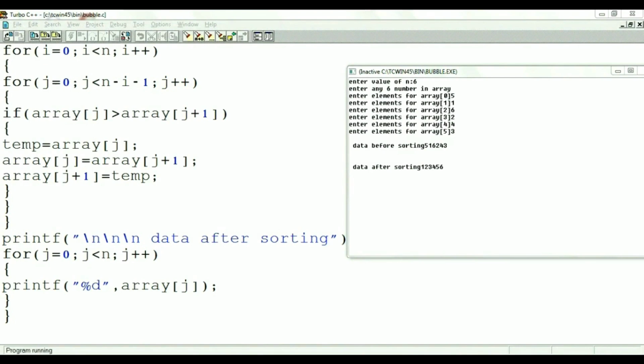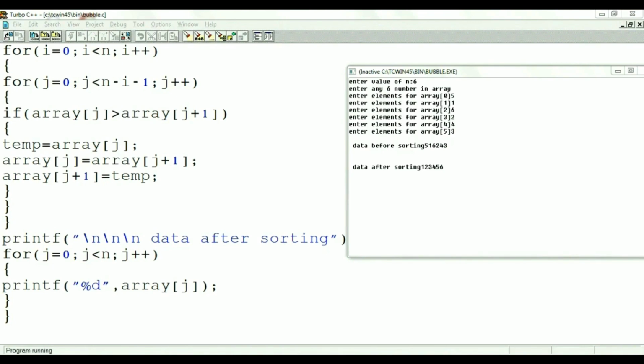This is how we will sort the rest of the elements in the array. With each iteration of i, one more element is sorted. So let us talk about time complexity, that is T of n. n represents the number of comparisons. So T of n equal to big O of n square. The best case is big O of n, whereas the average case is big O of n square, and the worst case is big O of n square.